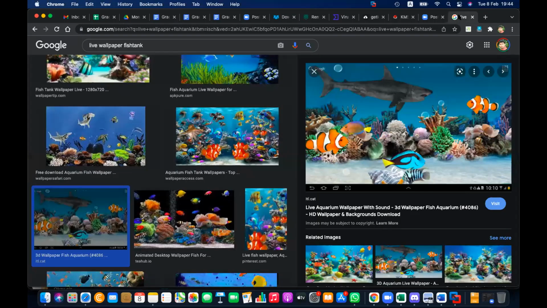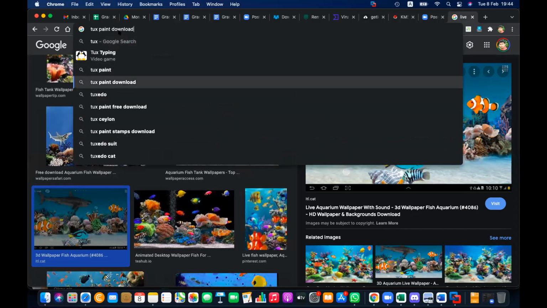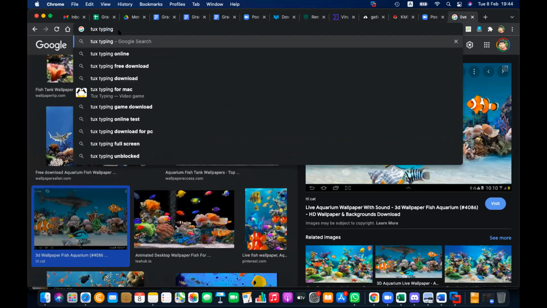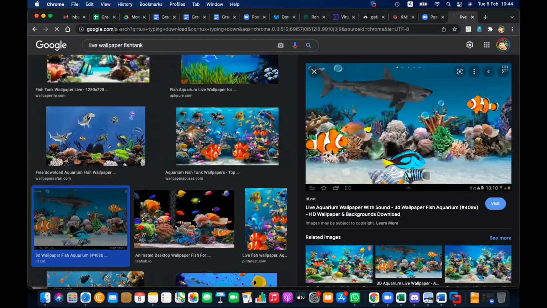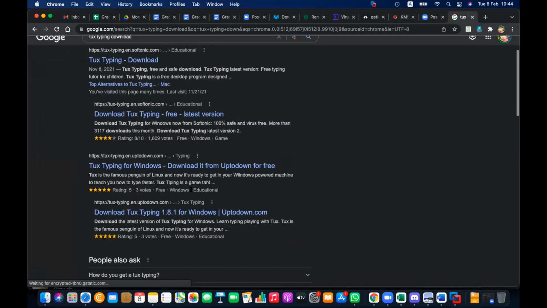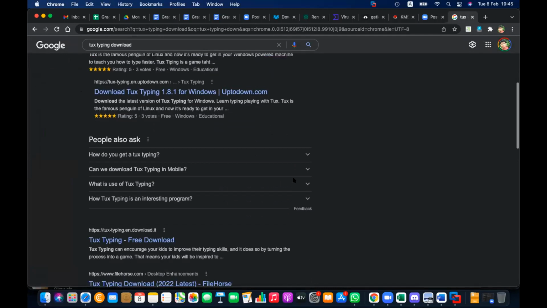Next, let me show one thing for this. This is a software that you are downloading, Tux Typing. In grade 6 you download this Tux Typing, and in every grade we did that practical. So let's say download. Sir, I can't download Tux Typing. Okay, I think that should go to the practical teacher anyway. So you can send me a message, and I'll help if there is an issue. Maybe that is a compatibility issue.